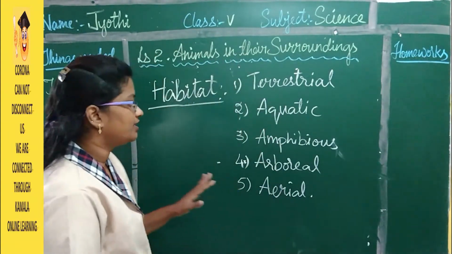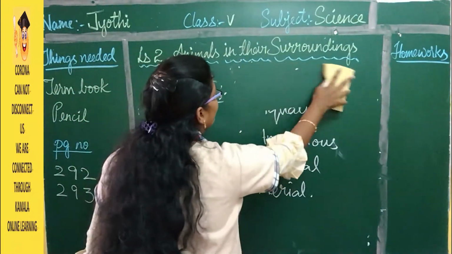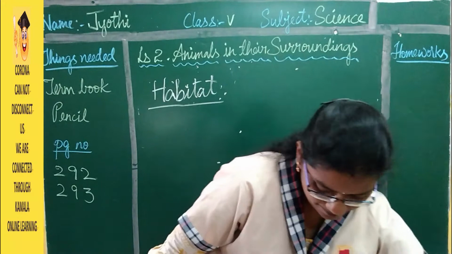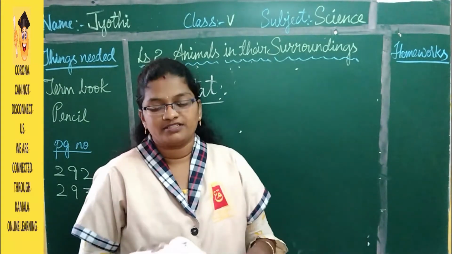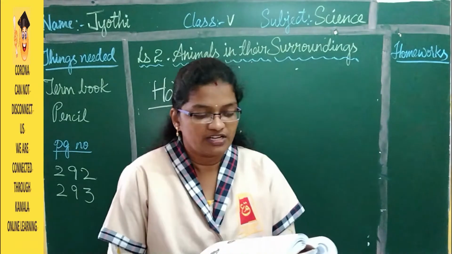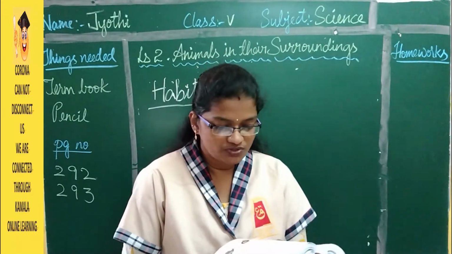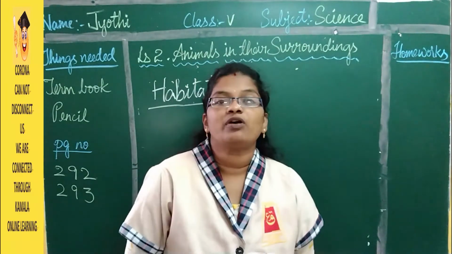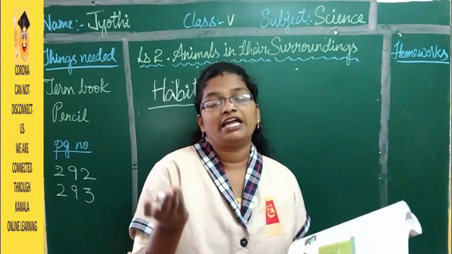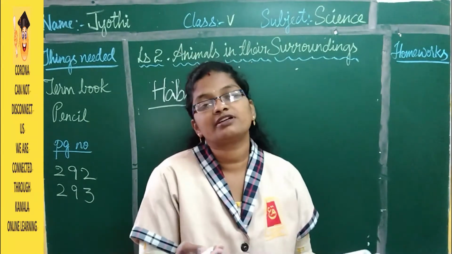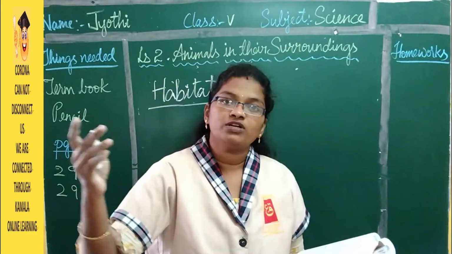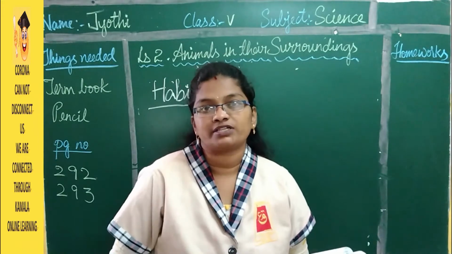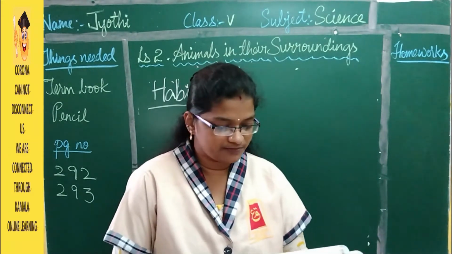Based on the climatic condition and the place where they live, they have different body structures. So let us see what they are. Body coverings. The next topic is body coverings. One of the main characteristics that is used to distinguish one class of animals from another is the type of skin. The animals which live in water have a different kind of skin. Those which live in cold areas have a different type of skin. Those which live in hot areas have a different type of skin. Right? So let us see what those are.